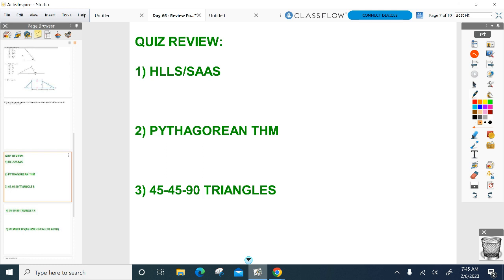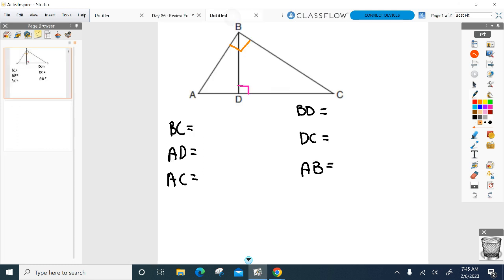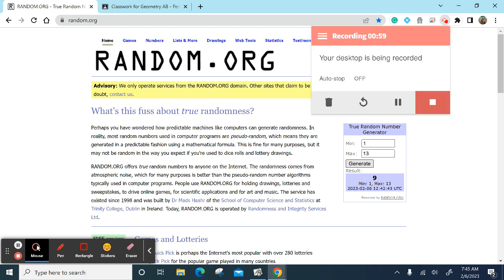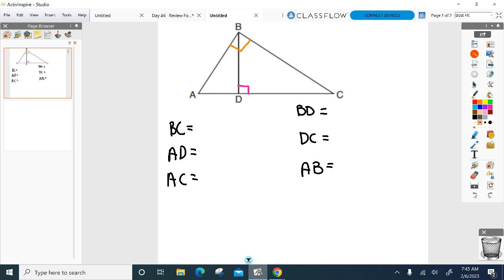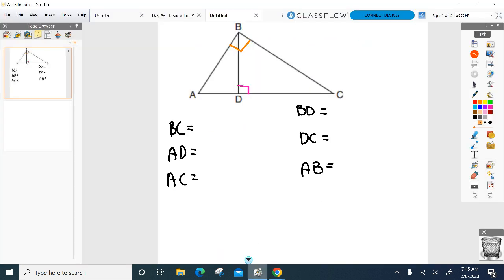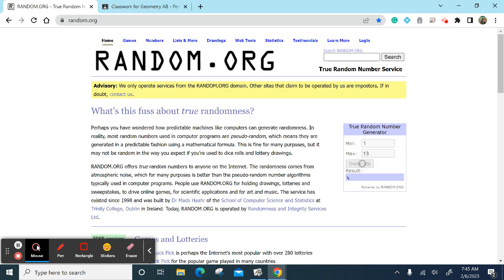First thing that's on the test tomorrow, Hills and SAS. You need a specific type of diagram for Hills and SAS, and here it is. Let's talk about that diagram. How do I know it's going to be a Hills-SAS problem? What type of triangle do I have? Right triangle. And what's BD? An altitude. You have to have an altitude that is drawn to